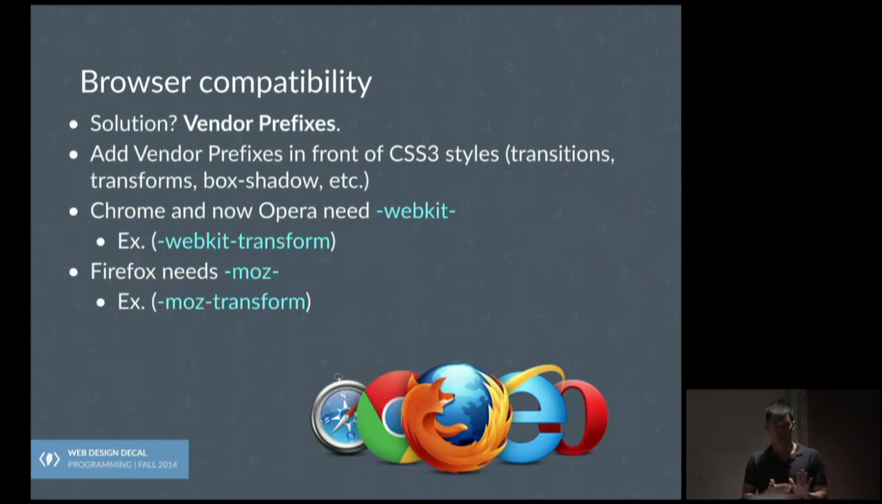Something called vendor prefixes. It's not super complicated at all, really. It's just a prefix, something that you attach to the front of whatever you're going to put, so that it will be compatible with other rendering engines. What do I mean by that? Well, I mean that